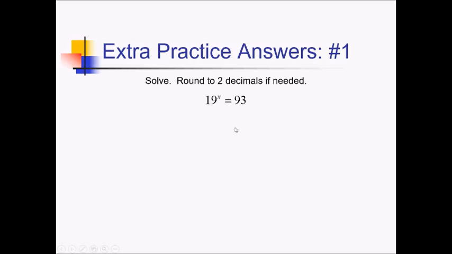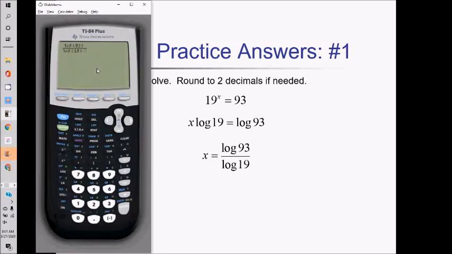On this problem, first thing I'm going to look at is to see if we have common bases. 19 and 93 do not have a common base, so we're going to have to use logarithms. My exponential term, 19 to the x, is already isolated, so I can just take the log of both sides to use my pop-out rule. That'll give me x log of 19 on the left and log of 93 on the right side. Then I just have to divide by log of 19, and whatever that comes out to on the calculator will be my answer. So, plugging that in, it looks like we're going to end up with about 1.54